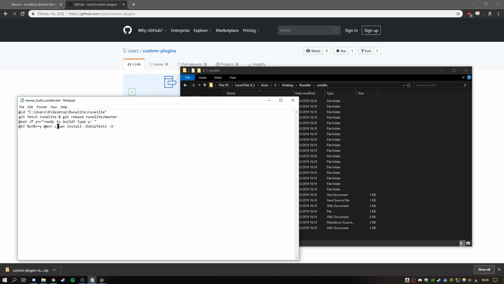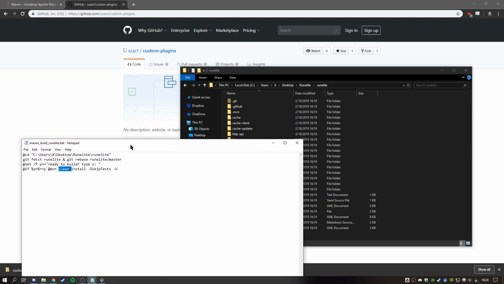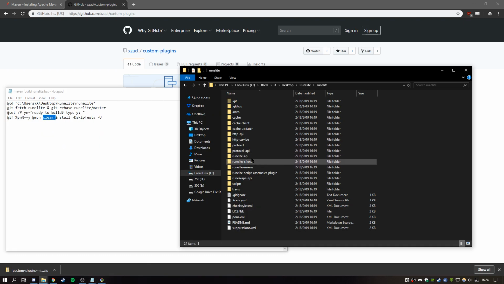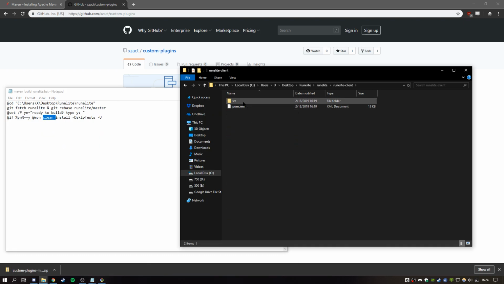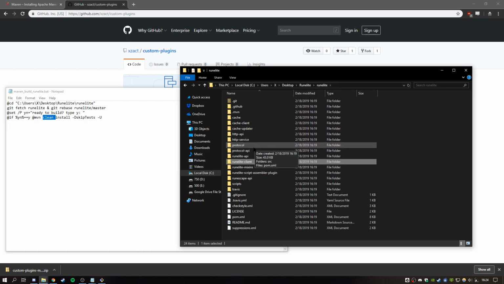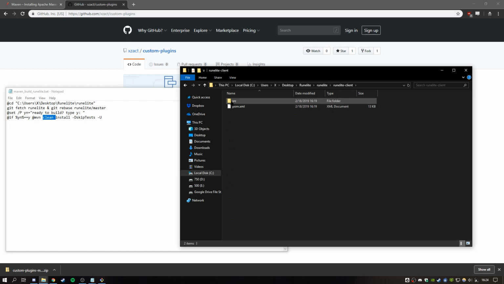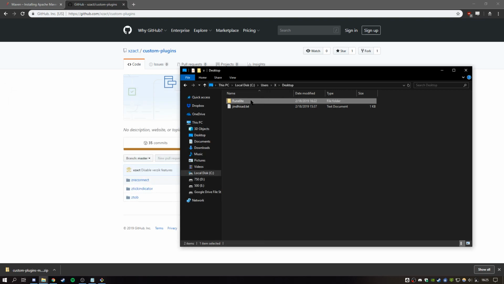I'm using the clean parameter for Maven, which means that whatever's inside the build folder, in the target folder, would be erased every time you run this. So make sure you don't put the batch script inside there, but it doesn't exist yet, so that's no problem right now. So yeah, basically execute this,